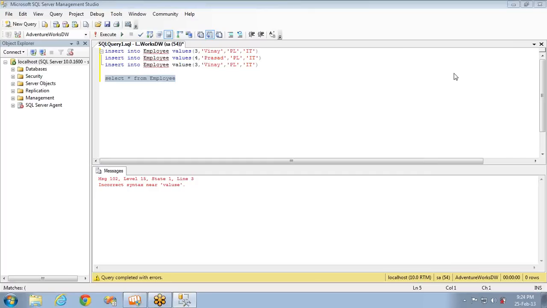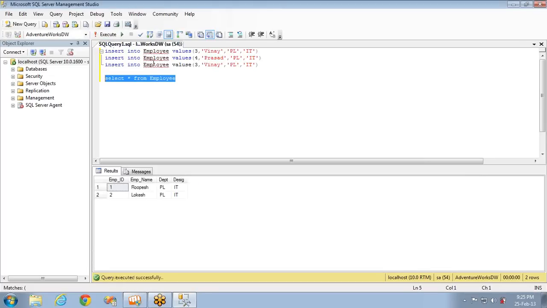Okay, fine. Most of the guys replied yes, and it is not correct. If I try to execute this, you can see only employee ID 1 and 2 is there, but 3 and 4 is not there. But as per the auto commit transactions, what should happen? Each and every statement will be treated as a single transaction, and either it will succeed and be committed or it will fail and be reverted back. Alright? But here it doesn't happen.